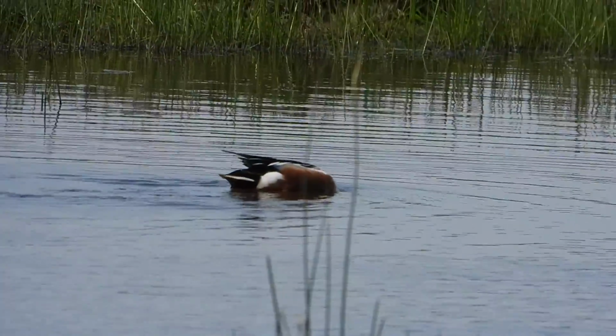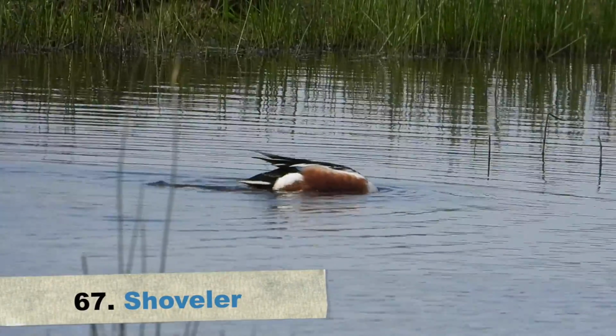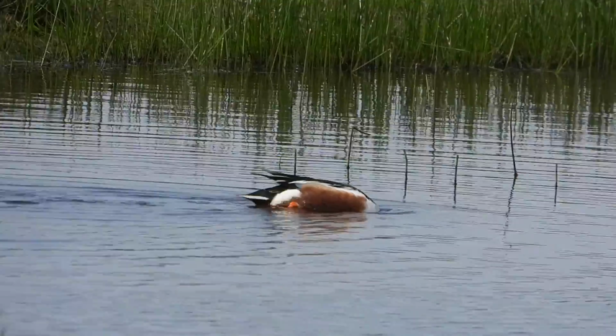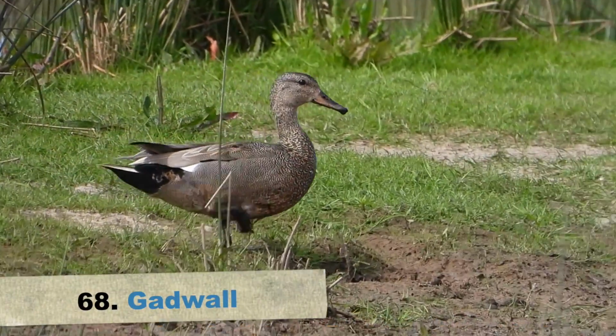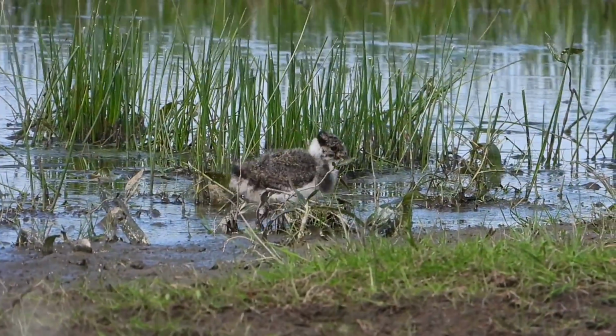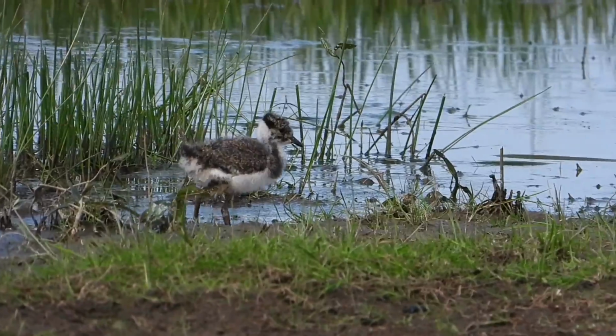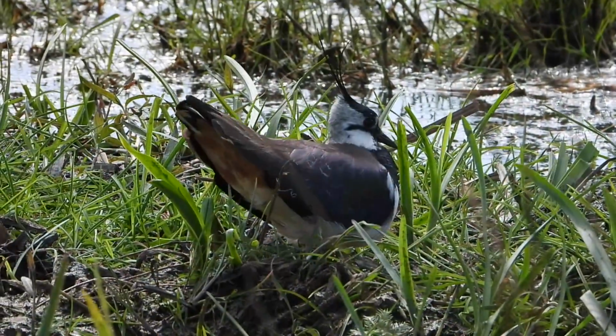When we arrived though, it was a bit quiet. There were some ducks and geese around, and we did manage to pick up some duck species including shoveler and gadwall as well. There were loads of lapwing around making a lot of noise, some with very young chicks wandering around in the grass and mud, and the parents being overprotective,